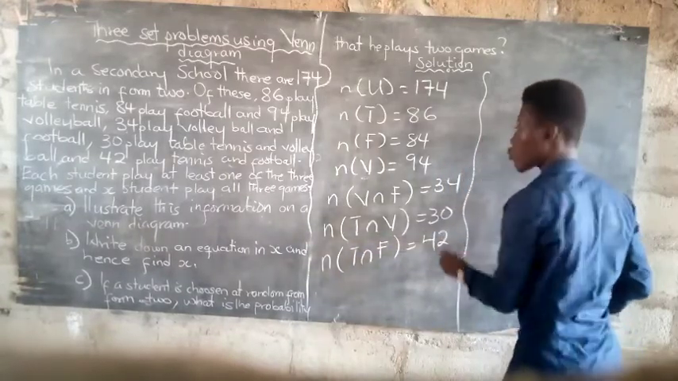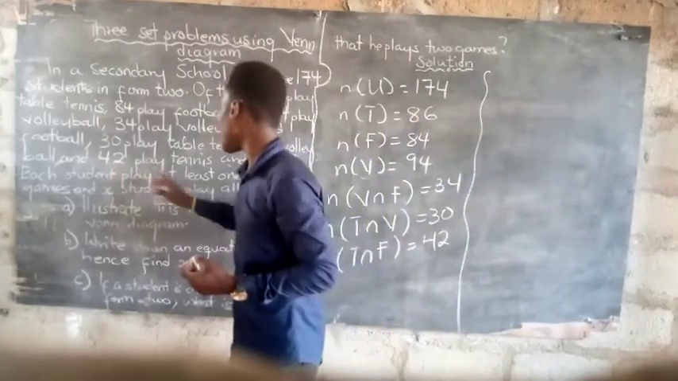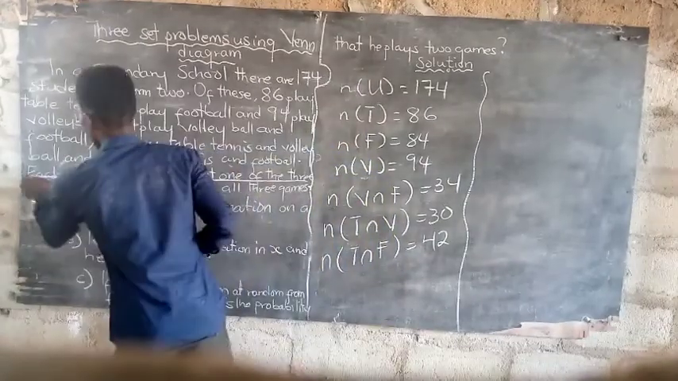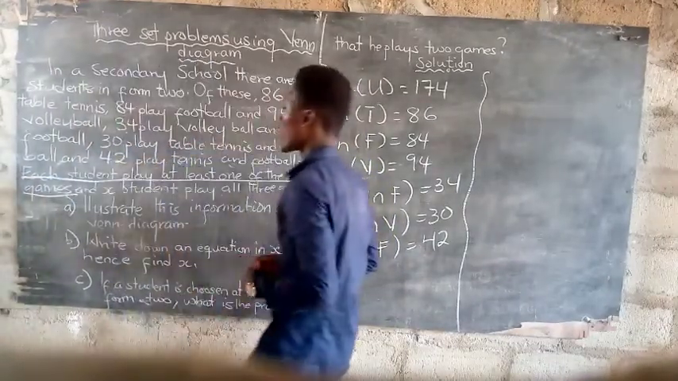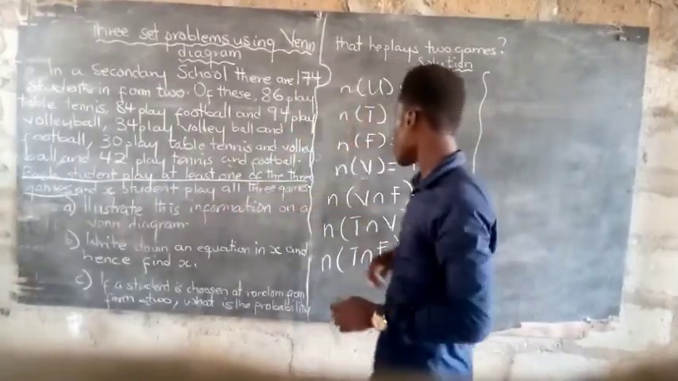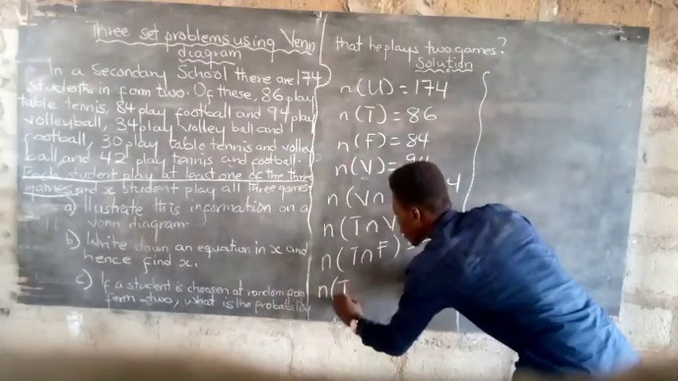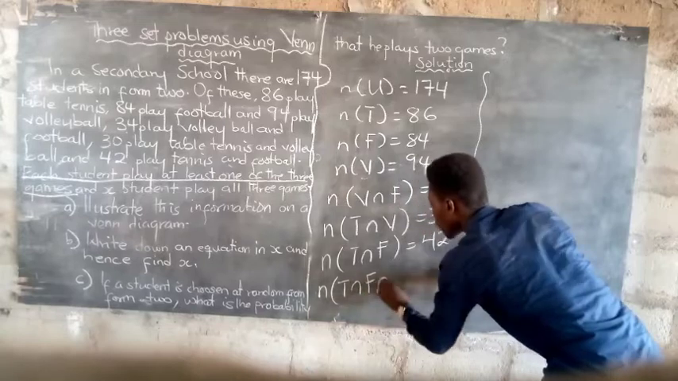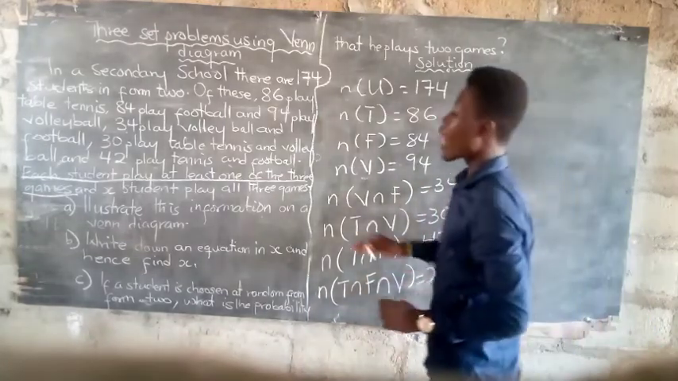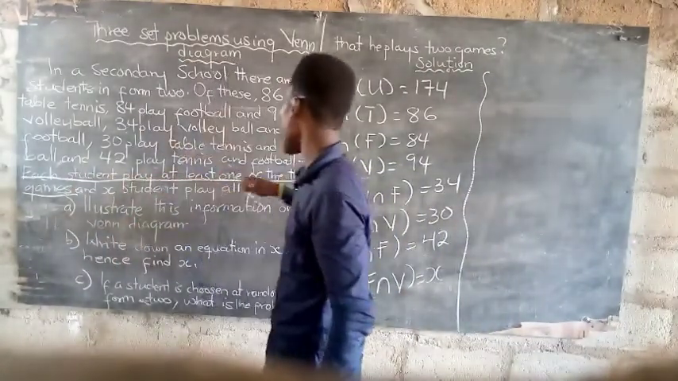Going further, they let us know that each student plays at least one of the three games. So we underline this statement first. Then we continue. They went on to say that X students play all three games. So that means the intersection of all three games, that is table tennis intersection football intersection volleyball, is equal to X. Coming to this particular statement, which says that each student plays at least one of the three games,